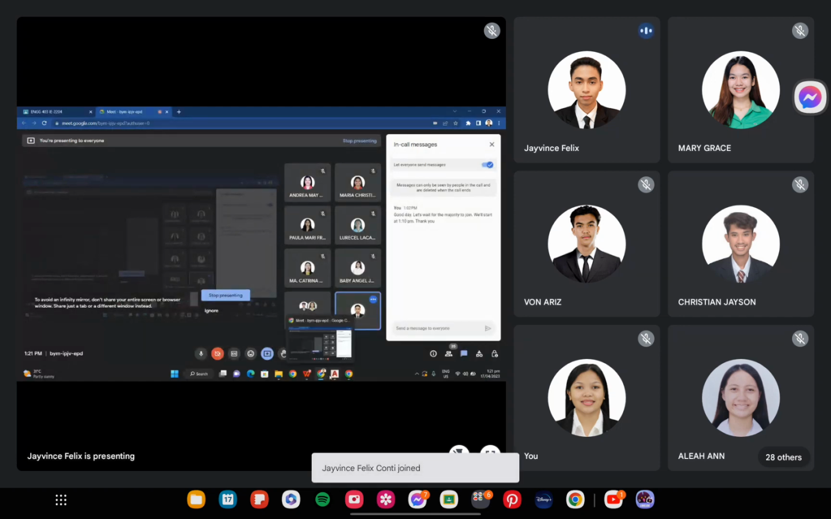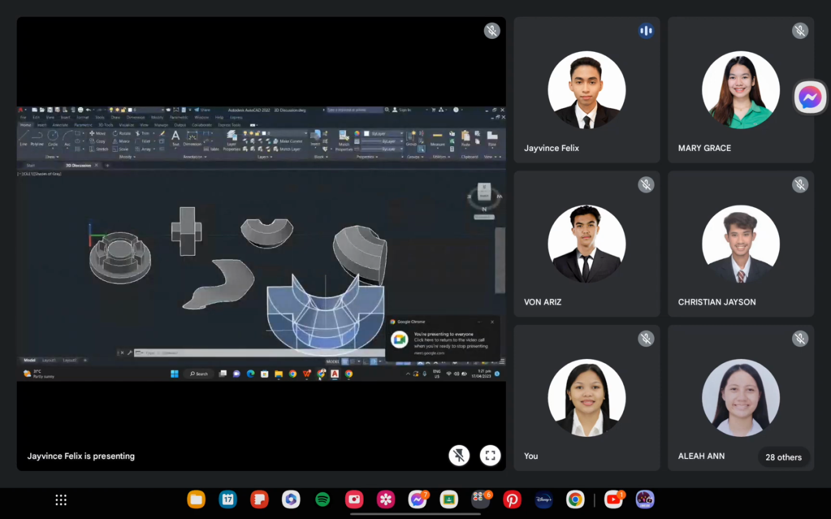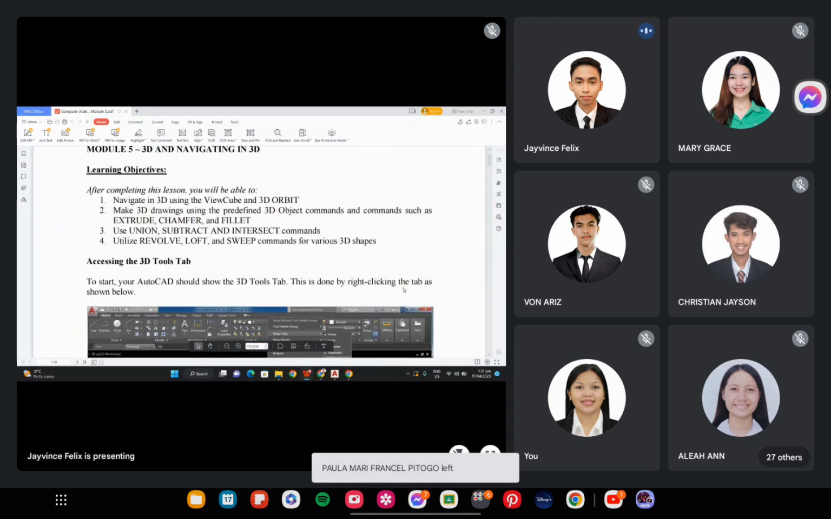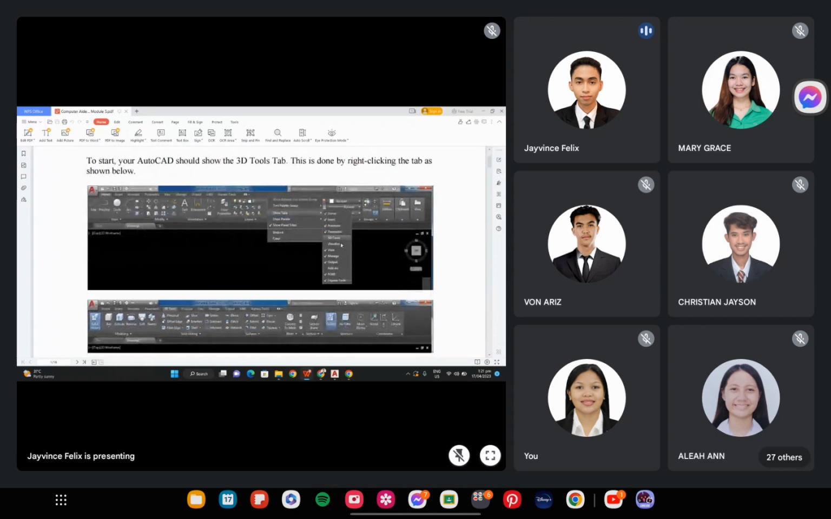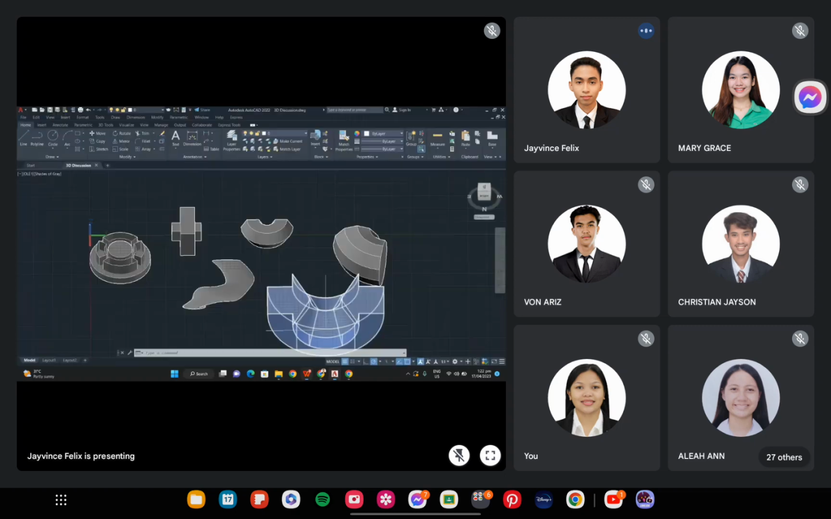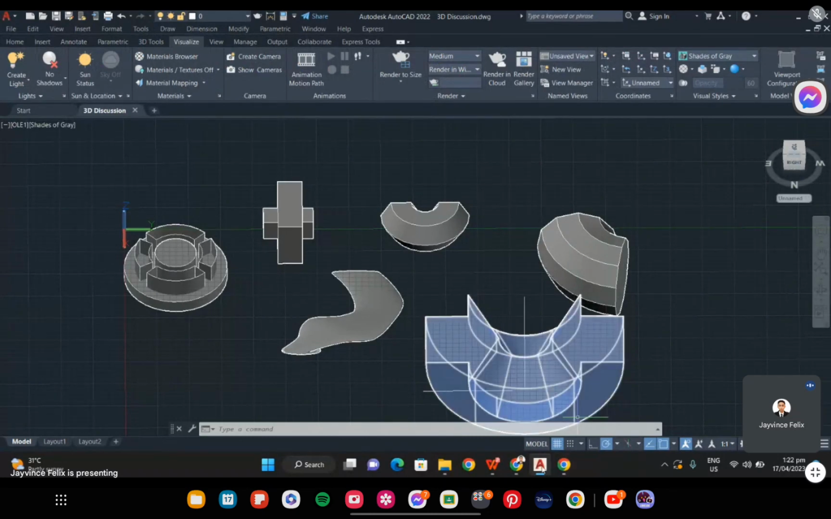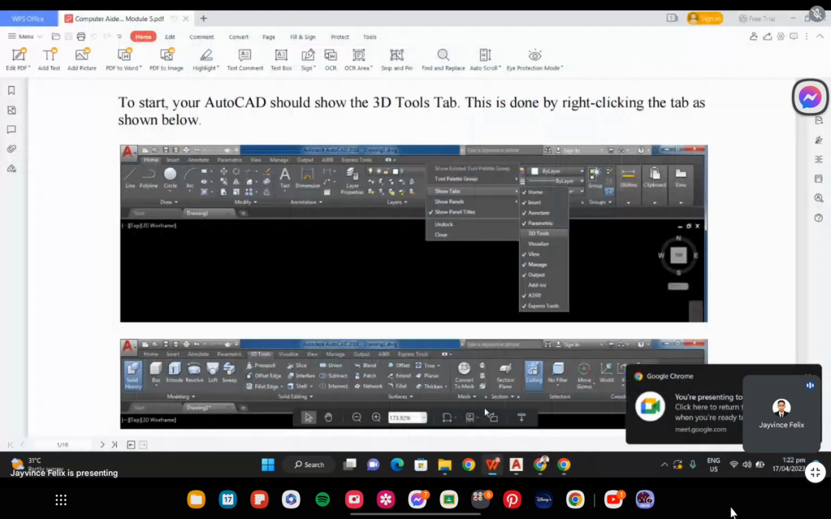So let's continue. Sorry for the inconvenience. So yun nga, kailangan muna nating i-on yung 3D tools and visualize. So yan, meron na tayong 3D tools and visualize. Then,